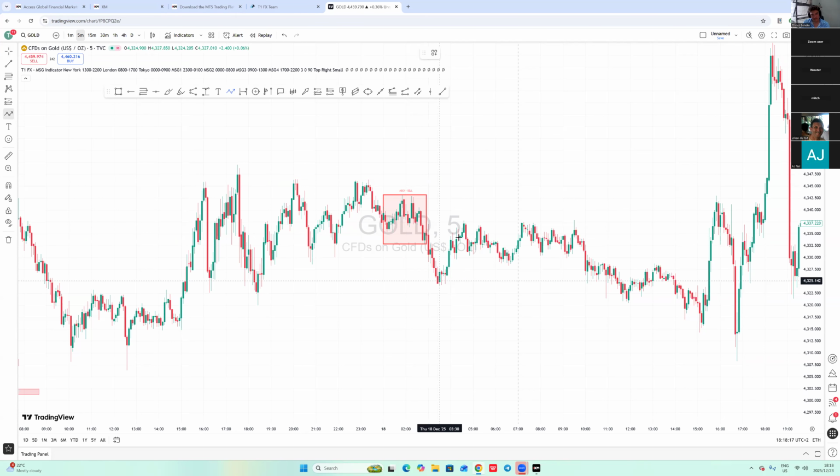So you'll wait for the pullback. So here was a pullback. There's high risk, there's medium risk, and there's low risk. So it came back, triggered the high risk, sold a little bit, came back, triggered the medium risk, and boom, it sold all the way to here, basically. And here you would have closed your trades.